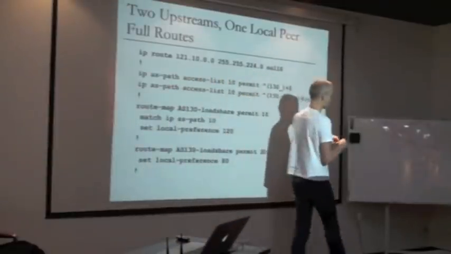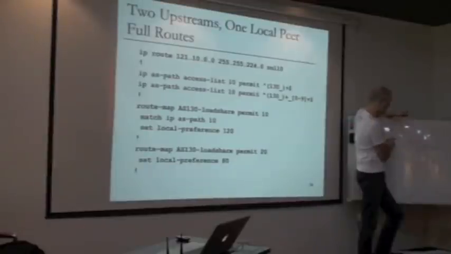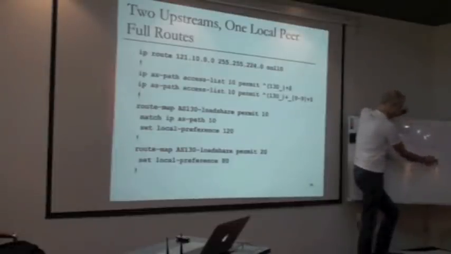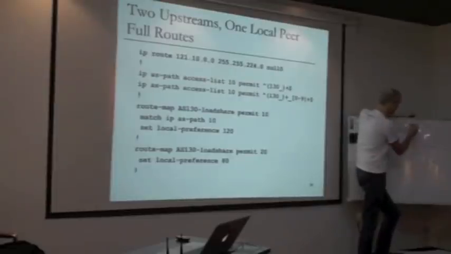So what will happen now is traffic from this AS down here obviously will take the shortest path. 1, 2 AS hops versus 6 going around that way. Outbound traffic, local pref 120 this way. And same for all the other customers and adjacent ASs of AS130. Even from here,